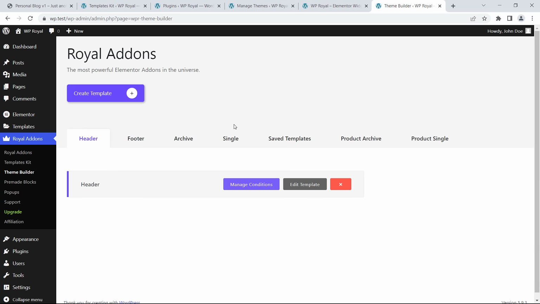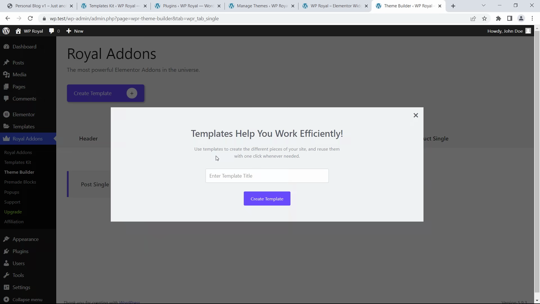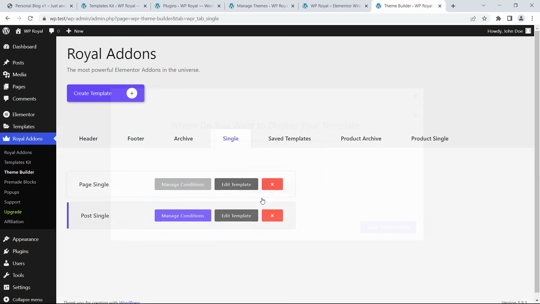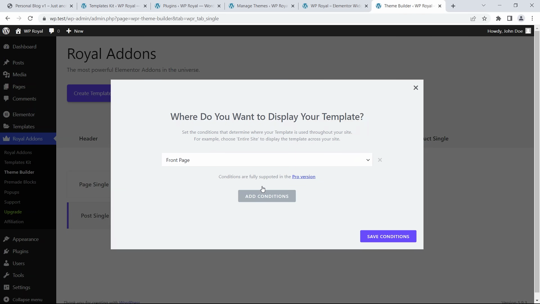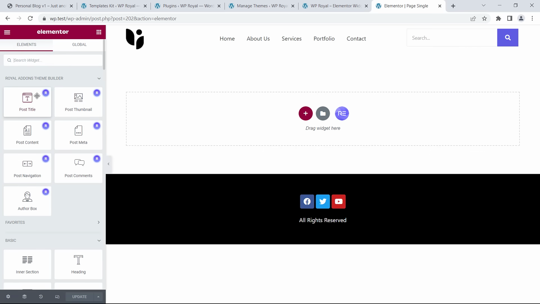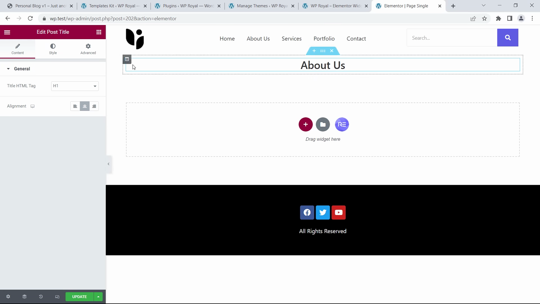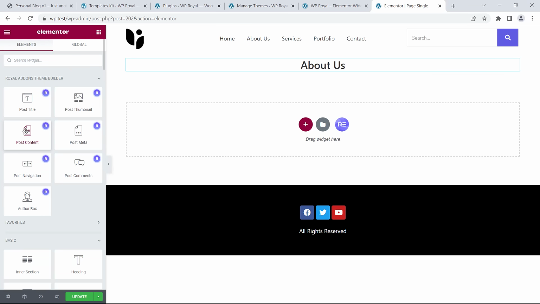Let's do the same for the page single template. Enter the name, set the condition to pages, go to the editor, and start adding some widgets. Let's add title, content of course,